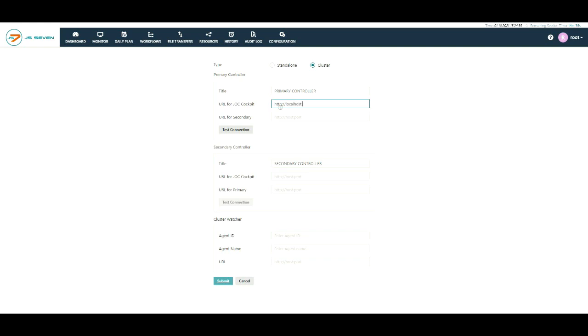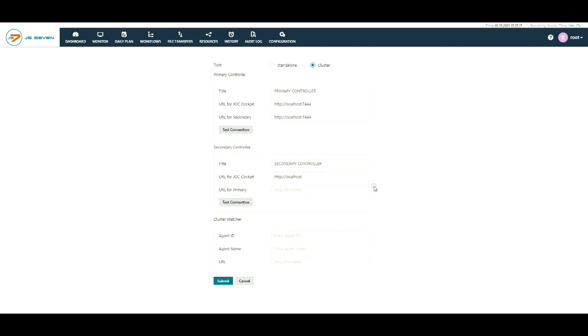If your controller is not installed on the local machine, then use the IP address of the server and port number of the controller. Click on the test connection button to test the connection and it will display a pop-up for a successful or unsuccessful connection result. Add the URL for the secondary controller same as the primary controller.